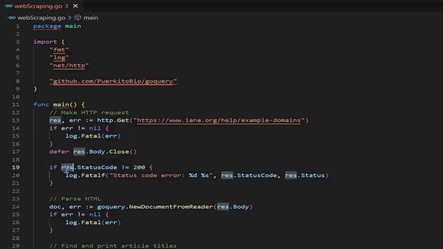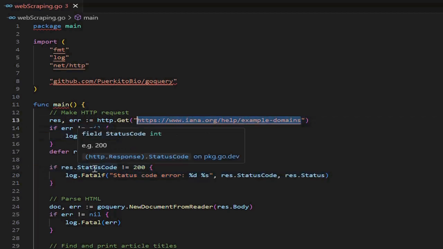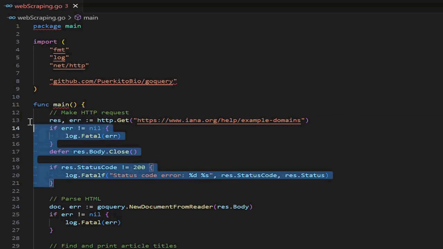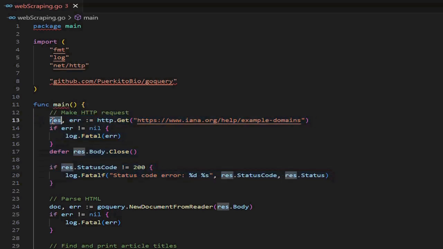So here first I check whether the response status code is 200 or not. If it is 200, that means we have successfully authenticated and put the request on this particular web page. If the status code is not 200, that means we are again getting some error while requesting the web page. If everything goes okay, that means we are getting the 200 response, then we can extract the body